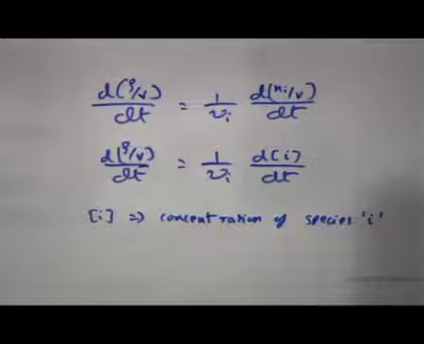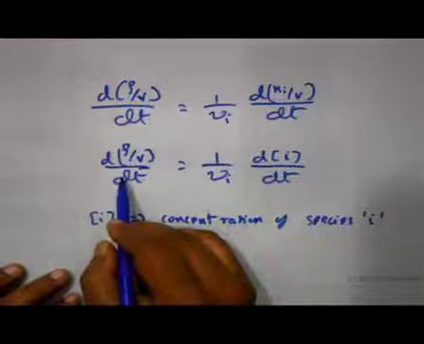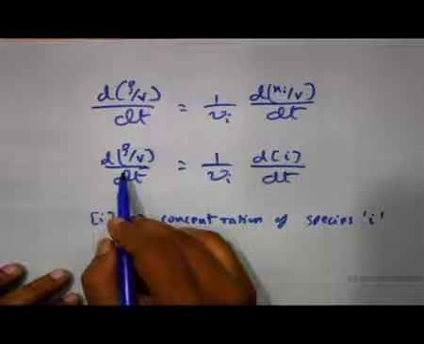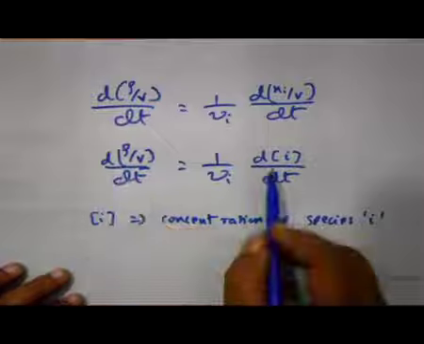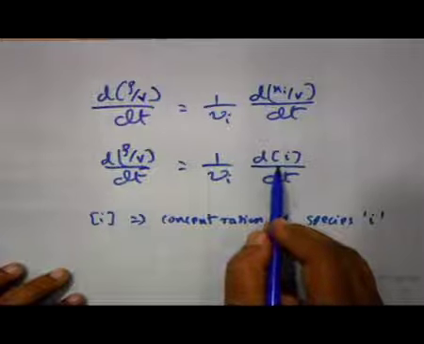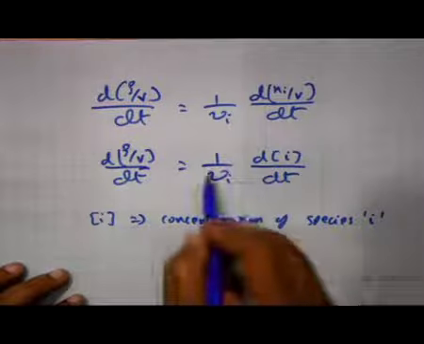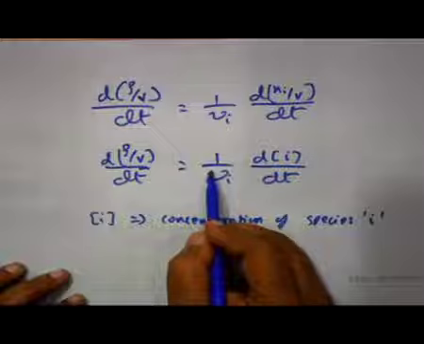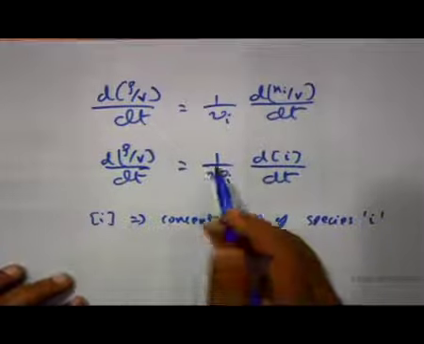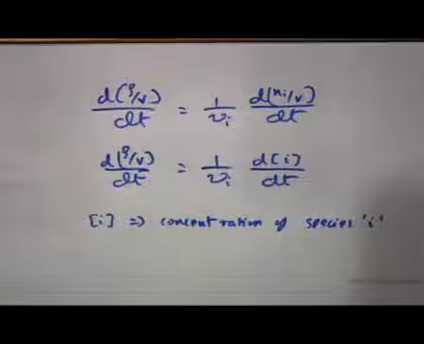Now, immediately you realize that you have come back to a point which is very familiar to you and is used universally in chemical kinetics. What is it? That the rate of the reaction is given by the change in concentration of that chemical species, in this case i, over dt, associated with 1 by νi,